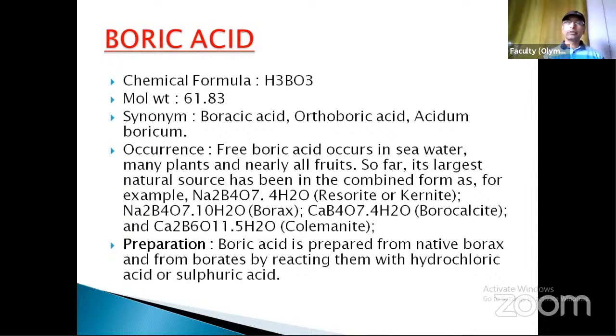How we'll prepare boric acid? Boric acid is prepared from native borax. Borax থেকে আমরা এটা তৈরি করি, and from borates by reacting them with hydrochloric acid or sulfuric acid. Hydrochloric or sulfuric acid দিয়ে বোরাক্সকে রিঅ্যাক্ট করলেই আমরা বরিক অ্যাসিড পেয়ে যাব।